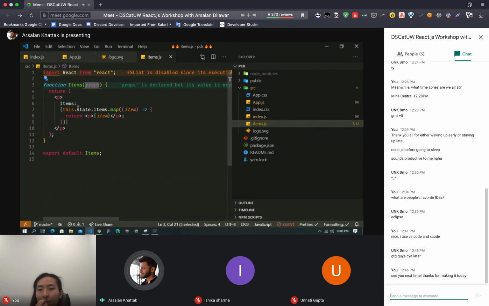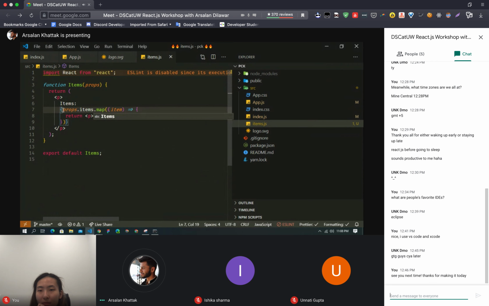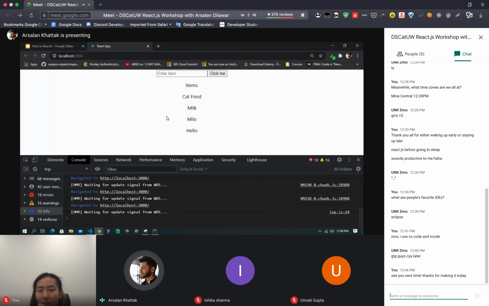So this props is an object, and now we can just do props.items, and we don't need this. Now if I refresh the page, you can see it works. If I add something here, React.js workshop, and add it, it is working perfectly.